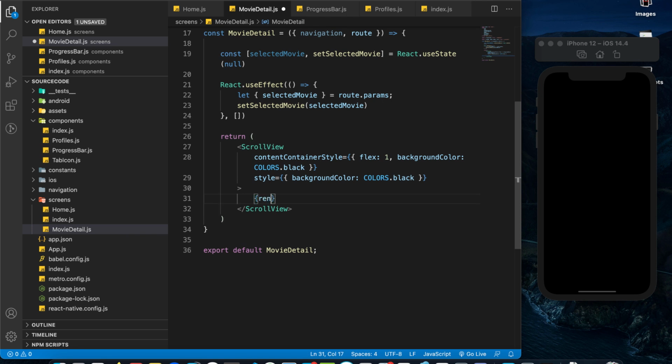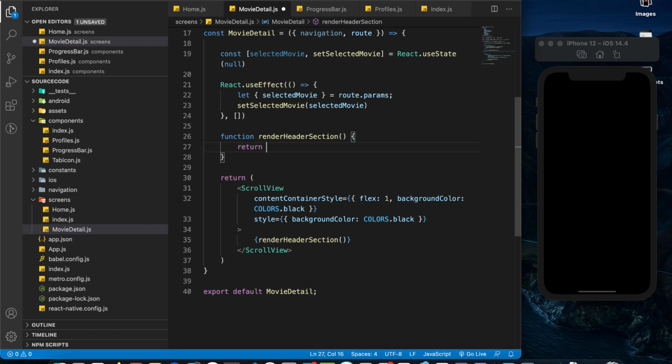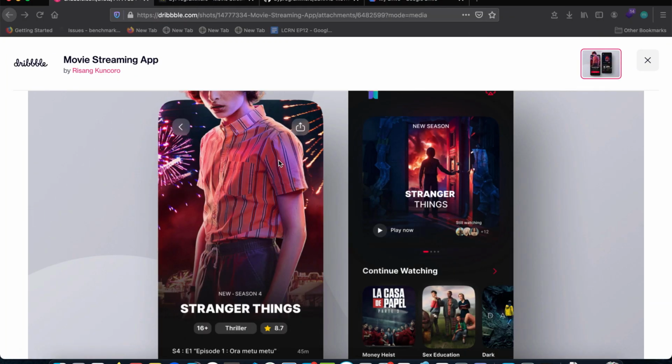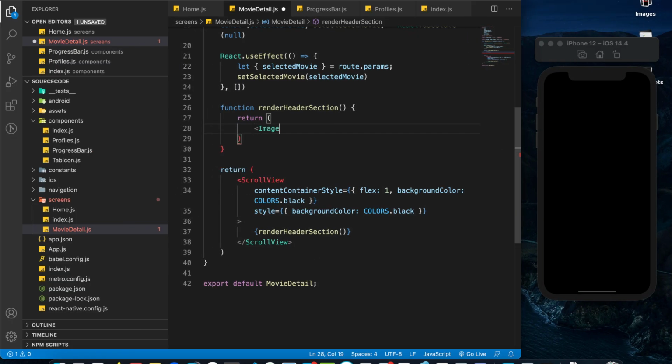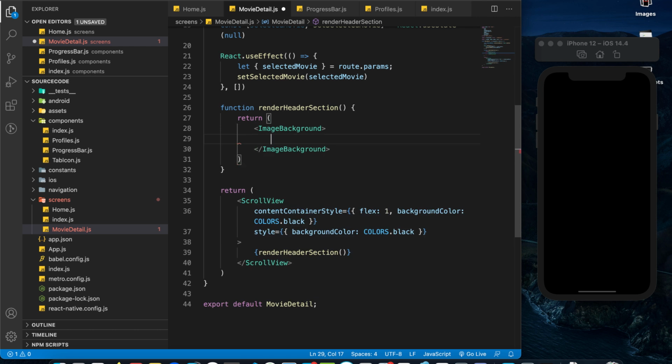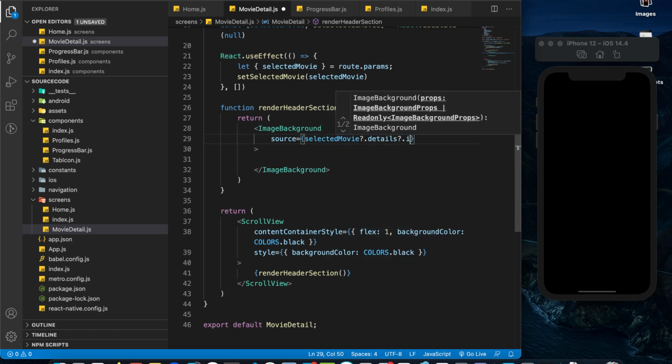So render header section, and I'm going to create this function right on top. So function render header section, sorry, and over here I'm going to return the image background, this one over here. Alright, so image background, the source is going to be selected movie details dot image,